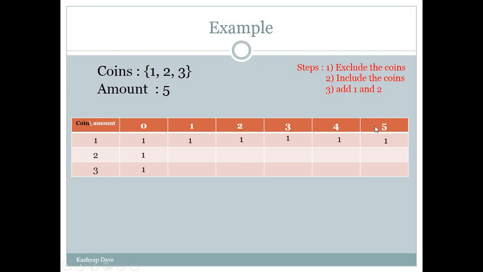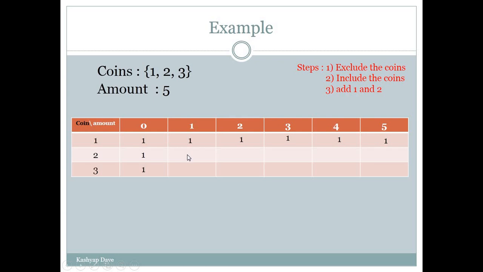For rupees 5, we will use 1 rupee coin 5 times, so we will get our amount 5. So don't be confused here. These are the ways for creating this amount. So by using 1 rupee coin, there is one way to make 1 rupee, one way to make 2 rupee, one way to make 3 rupee, one way to make 4 rupee, one way to make 5 rupees. Okay, now we have to find this thing.